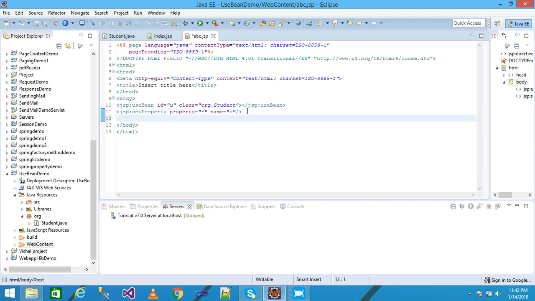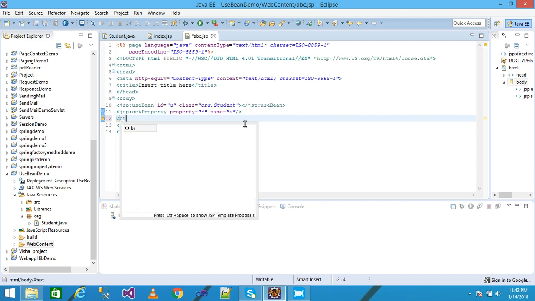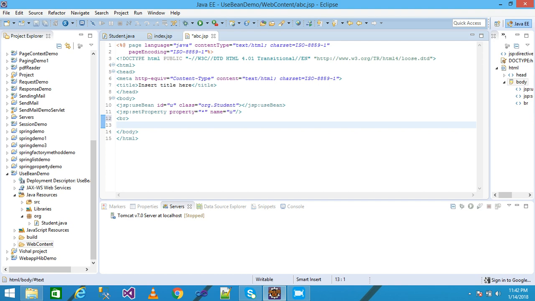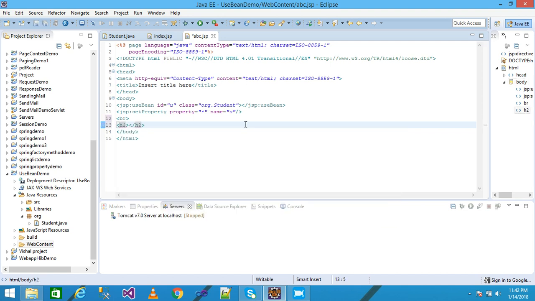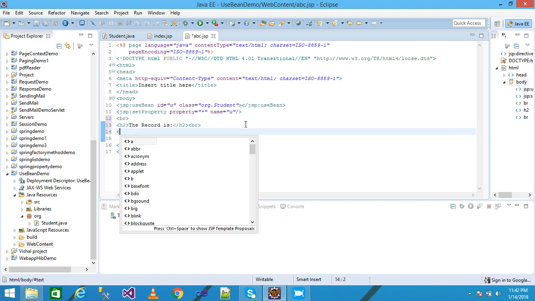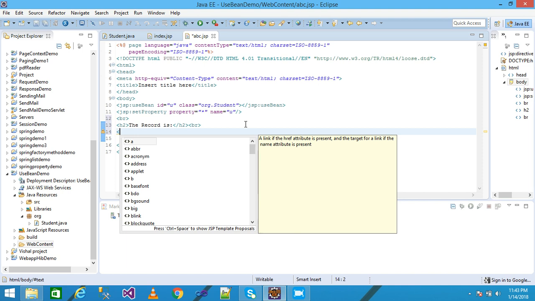Okay, my property value is set here, and I am using a br tag. Press enter. I write here the record, just using the H2 level heading. Write here the record is, and then BR tag, press enter, and I write here ID